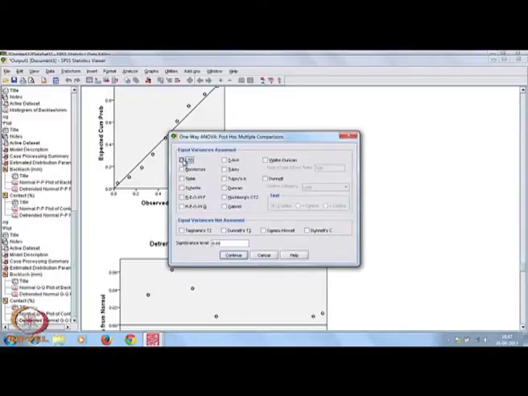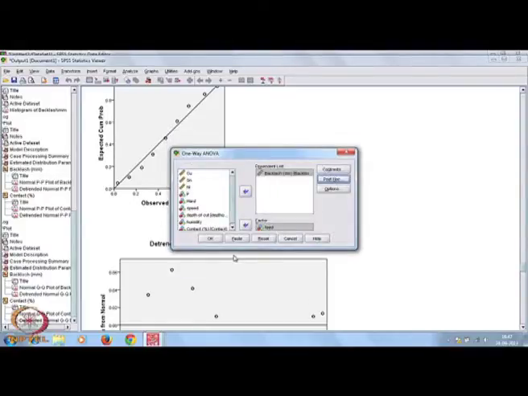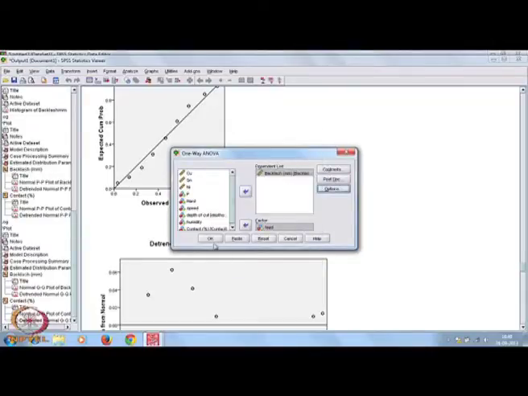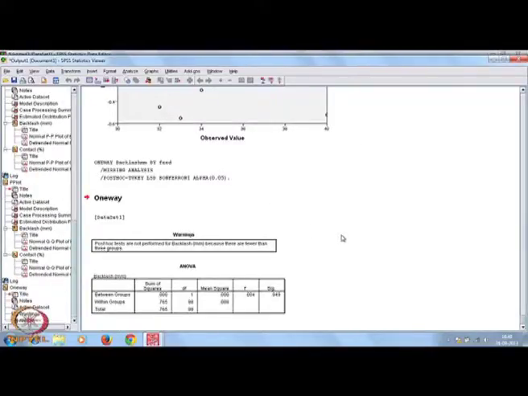So let us do LSD, Tukey and Bonferroni. Now under options you can choose what statistics you want, and how to treat missing values. Let us put OK.